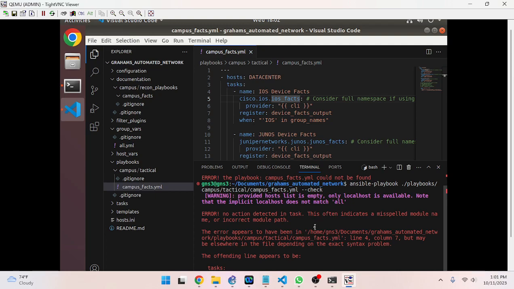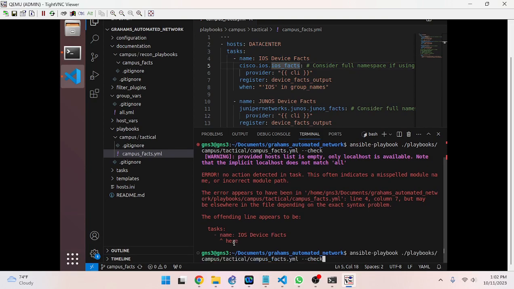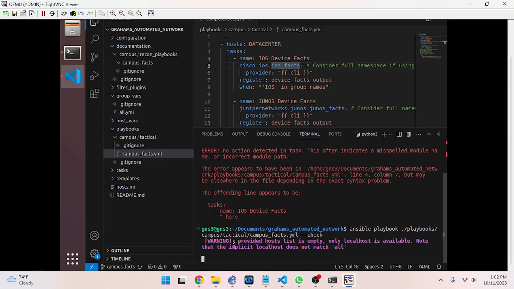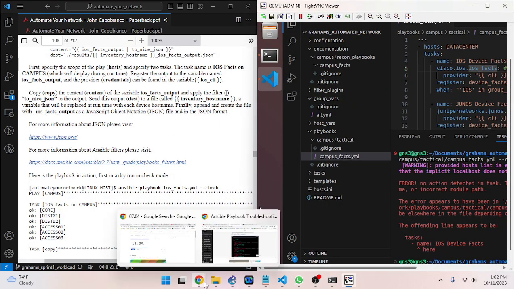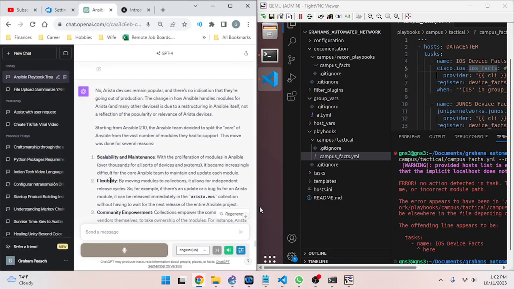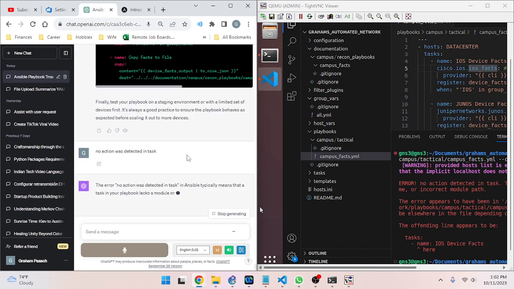All right, so this seems to be actually a pretty legit problem here. So, that's interesting. So there's no action was detected in task. So I'll tell the AI that. The error no action was detected in task in